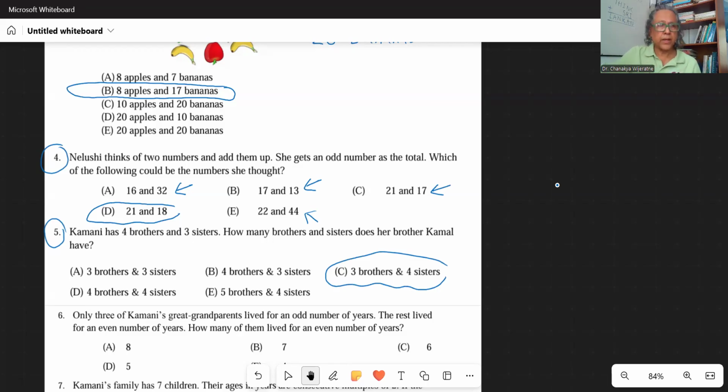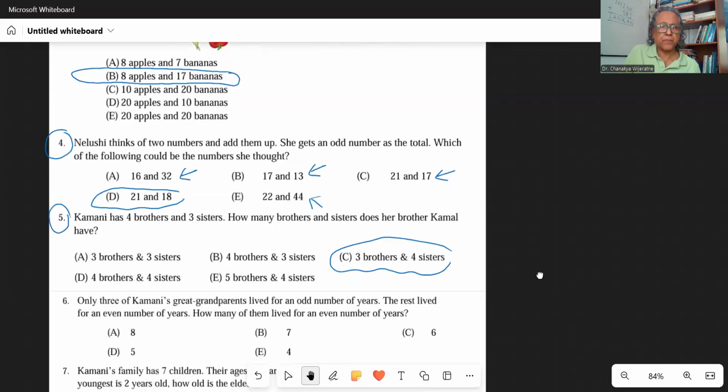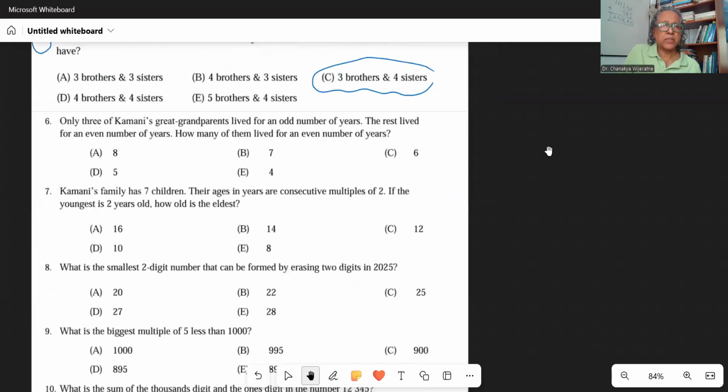And number 6, only 3 of Kamani's great-grandparents lived an odd number of years. The rest lived for an even number of years. How many of them lived for an even number of years? So numbers are either odd or even, right? And we know the number of great-grandparents Kamani has, or anyone has. Because parents, two, right? Two parents,